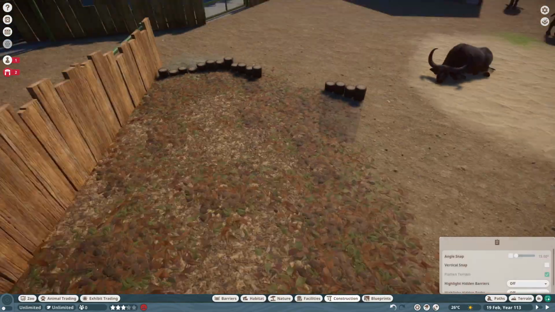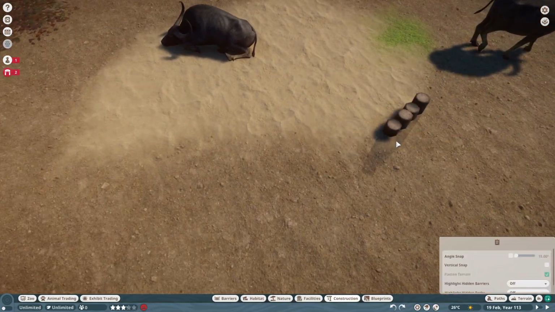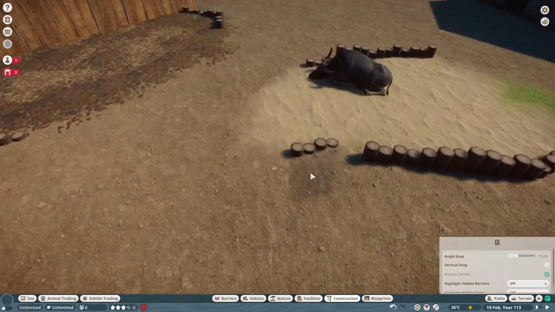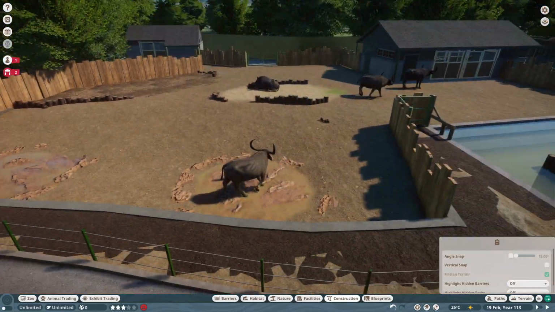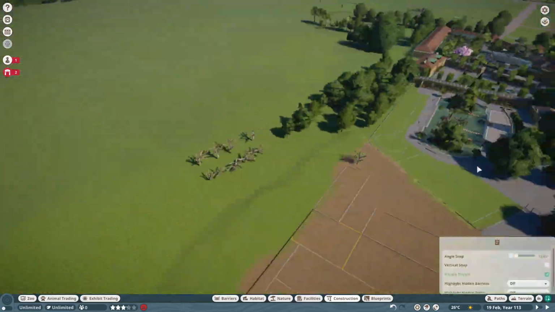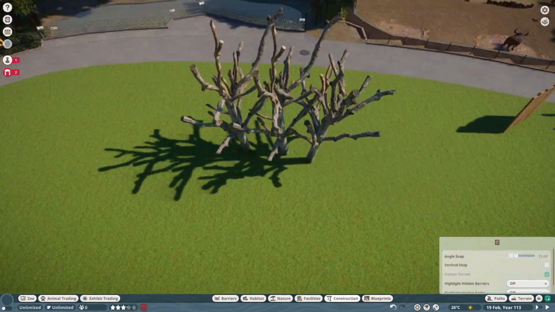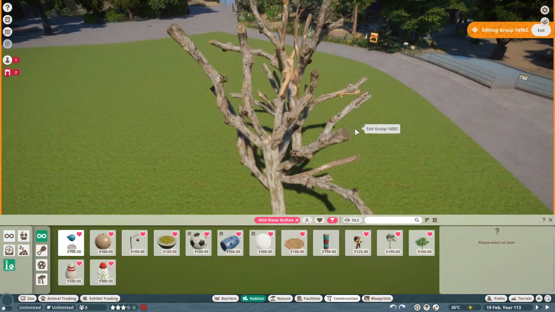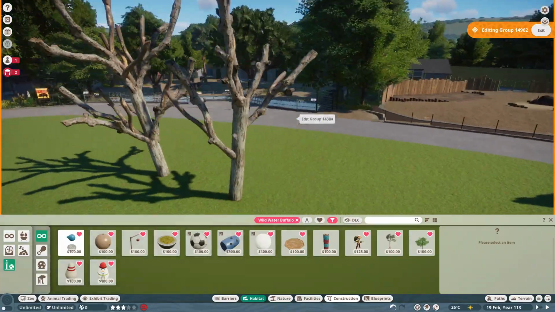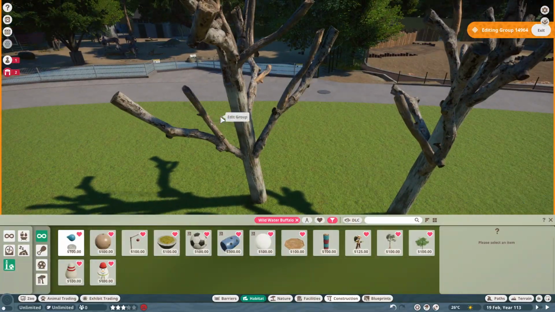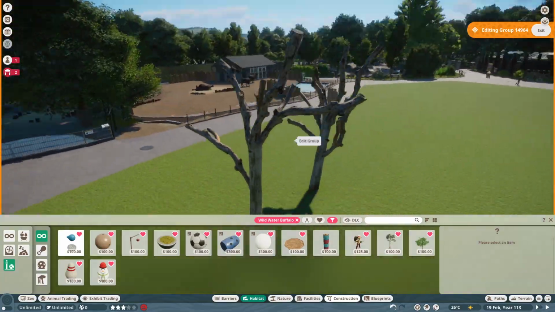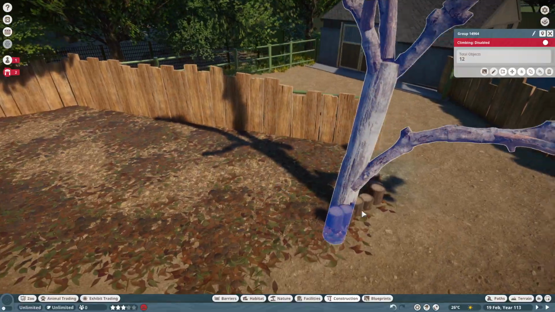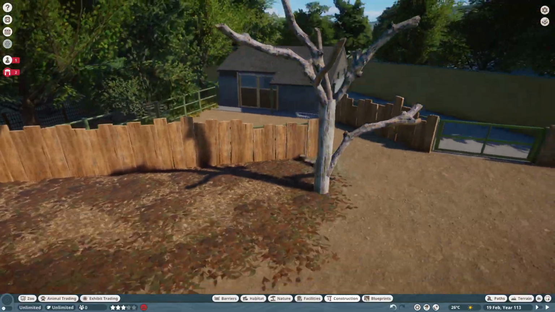So it really can help to also create a little bit of different eye catchers for the guests if you have different substrates in the habitat and the animals are using these different substrates to stimulate themselves. But yeah, we are now, as I said, nearing the decoration part, the fine decoration part of the habitat, which also means I will leave you now to the rest of the speed build with some music, and then I will see you at the end of the speed build, where we look at the finished habitat in its totality and see how it ended up and how it developed over time.